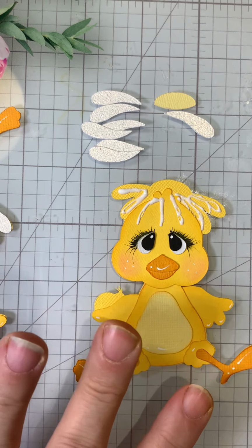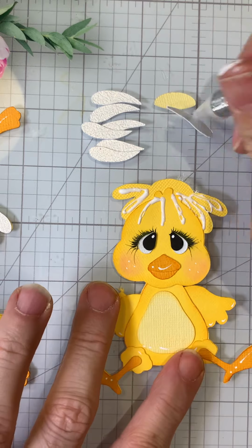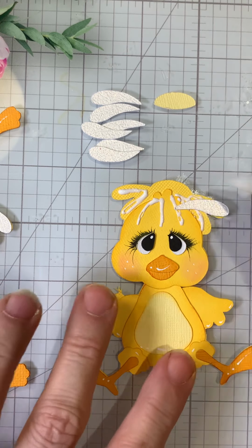I'm just gonna add some glue. I think I've done like 4 of these, you guys. So